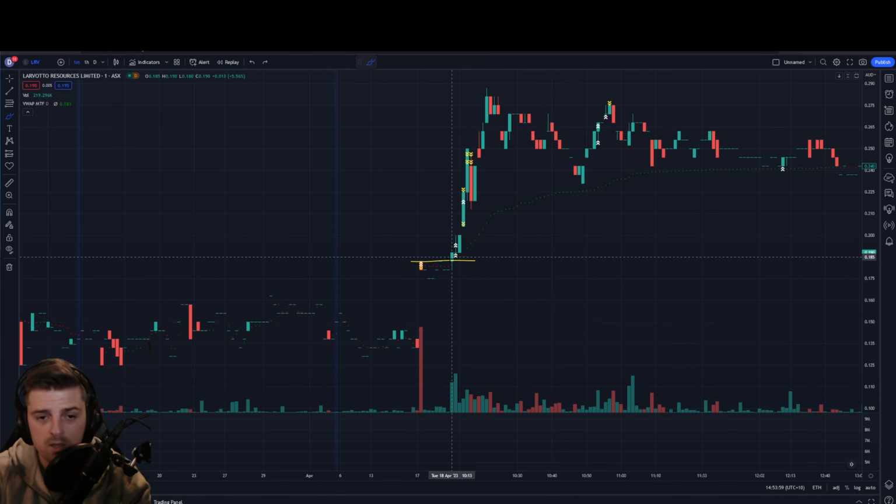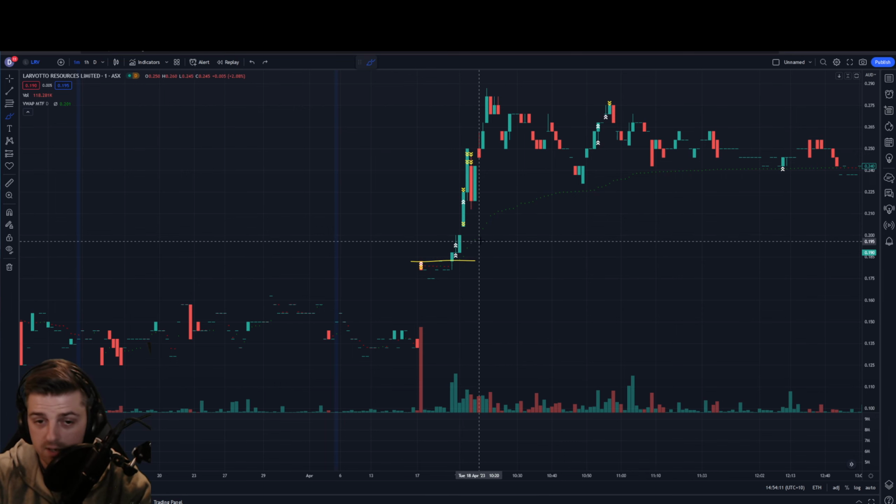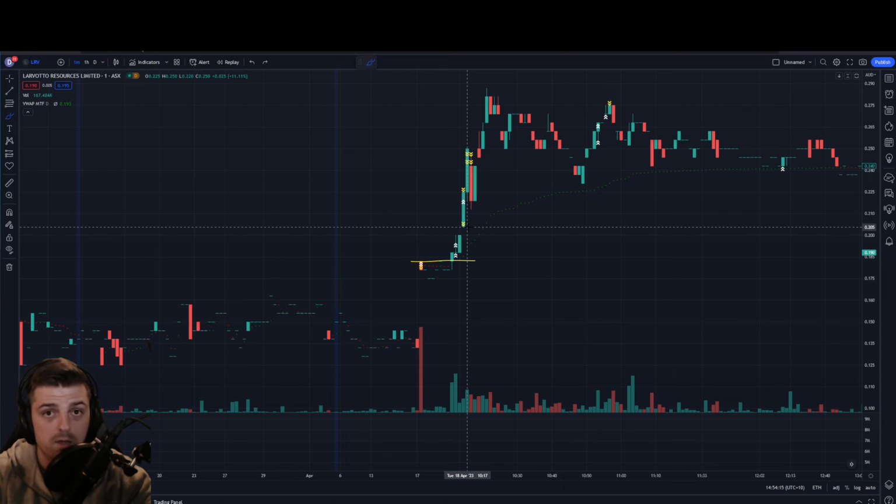So every tick matters here because it's a stock that's around the 20 cent level. So you're trading at half cent intervals, 20, 20 and a half, 21, 21 and a half. So getting it here at 19, 19 and a half, selling a chunk at 20.5 to lock in some profits,